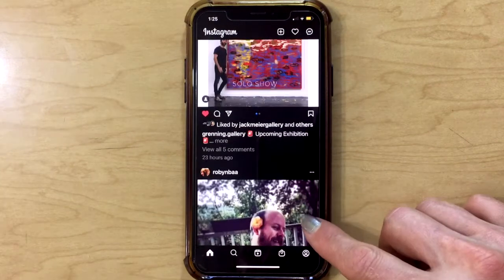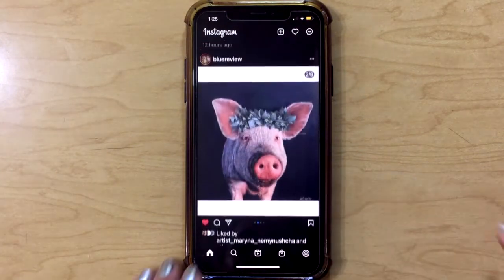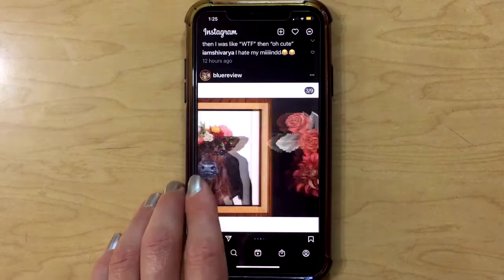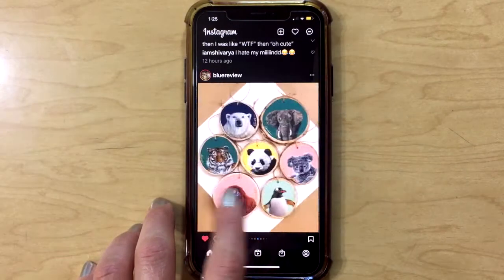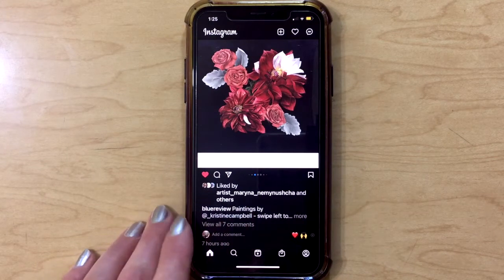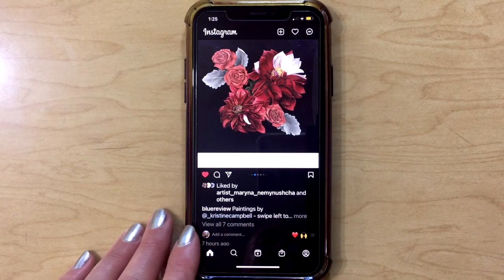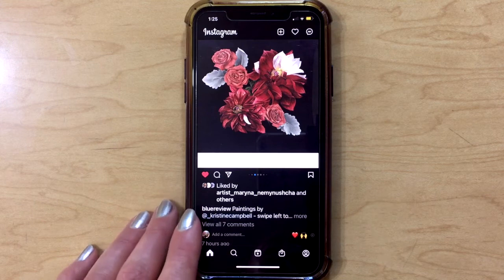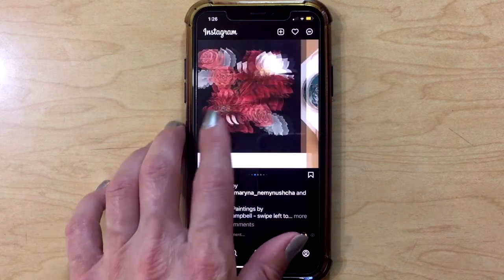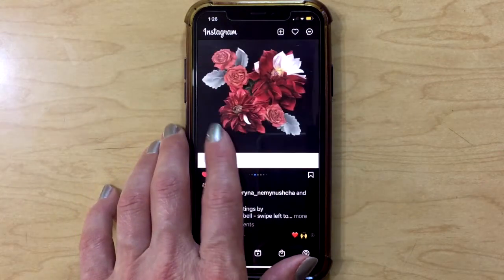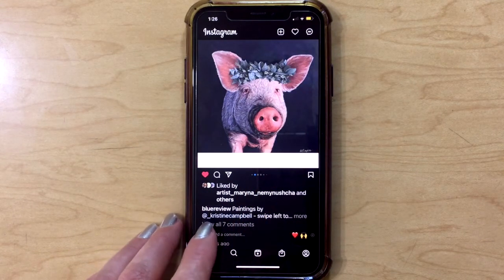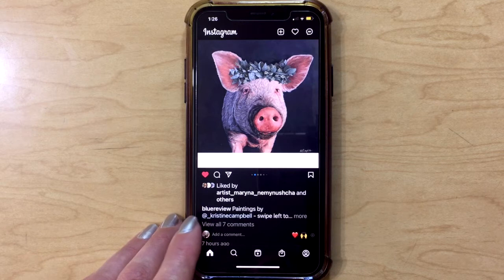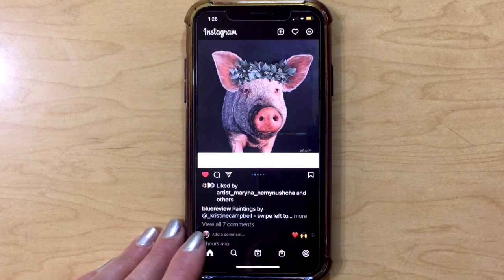Let's see if we can find a carousel post here. Yeah, here's one by Blue Review. So they've got multiple images and you can scroll through them. And it's good in the caption to write something like, asking a simple question like, what would you title this painting? Or, if you're showing multiple paintings, which is your favorite painting? So that it encourages people to leave comments in the comment section, because right now the 3 main